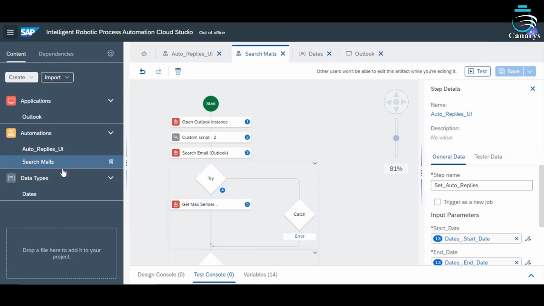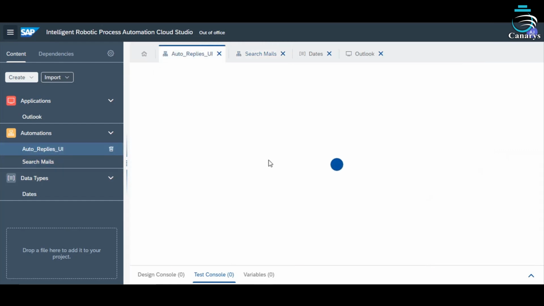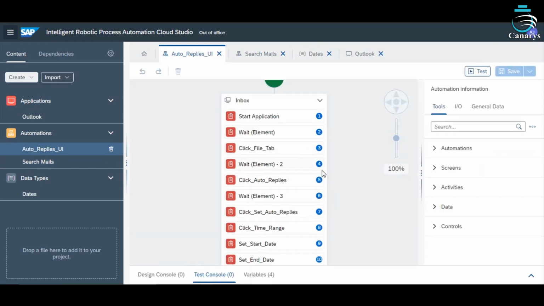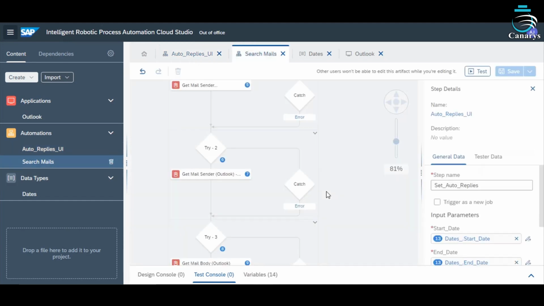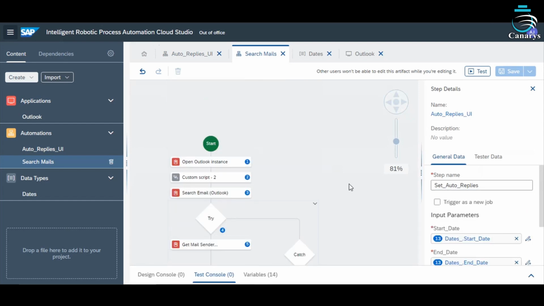One is for searching emails and getting the necessary data from the mail, and the other is for setting the auto replies in the Outlook. So this automation is used for setting auto replies in the Outlook, and this is used for searching mails and extracting data from the mail.